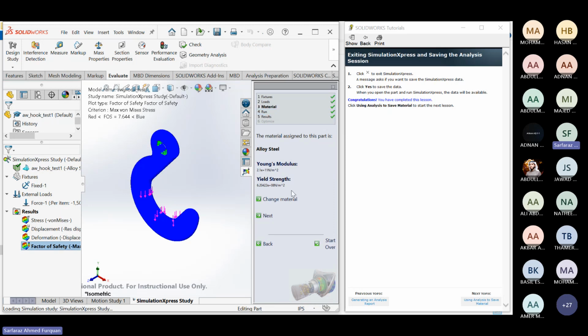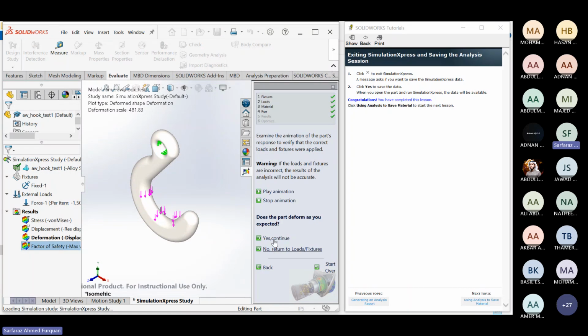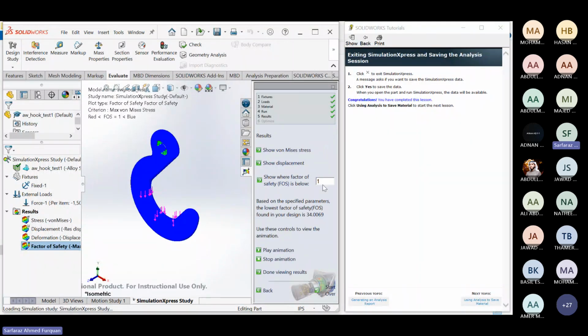The study was already completed, so we can simply jump over to the step where you have this. By the way, it's coming up in the next tutorial as well, but since you have asked, let's go ahead with this. Here you can specify that number. Now, factor of safety, if you're taking it with respect to